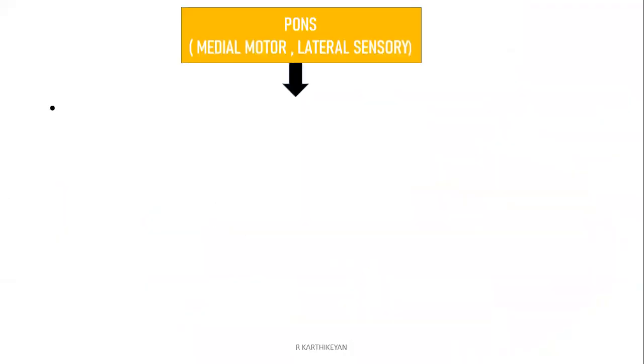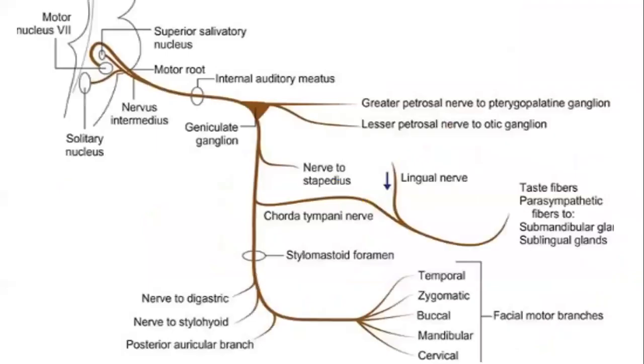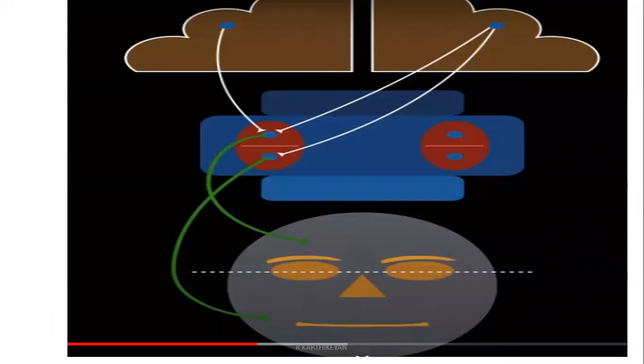Now, moving on to your clinical aspect, which is very important: lesions. So what is a lesion? In neurophysiology, we'll be studying in detail. Just remember, a lesion is damage to a nerve fiber due to damage to a particular organ or tissue.